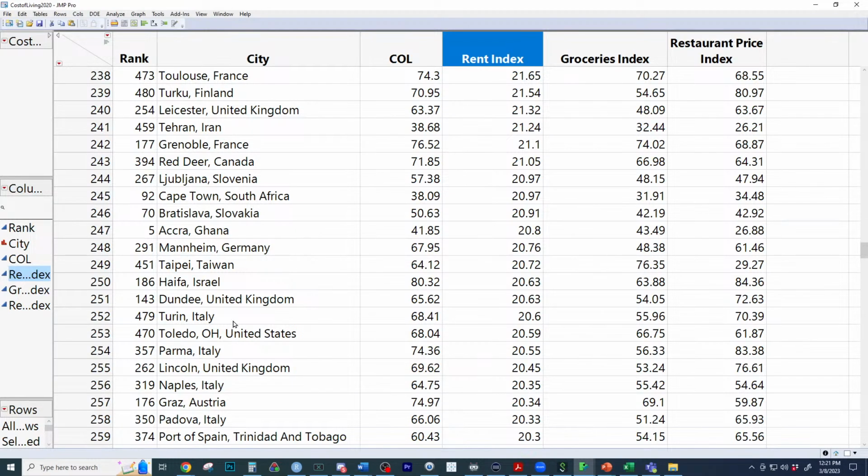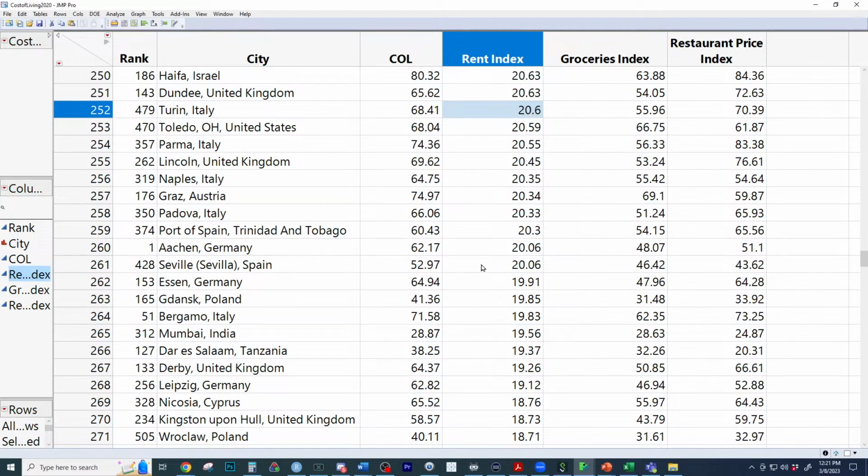Cool. Go to Italy. Yeah, Italy's pretty comparative to New York City. It's about a fifth of what New York City is. So does that make more sense right there? As I say, comparative to New York City, it's about a fifth of what New York City is, especially if